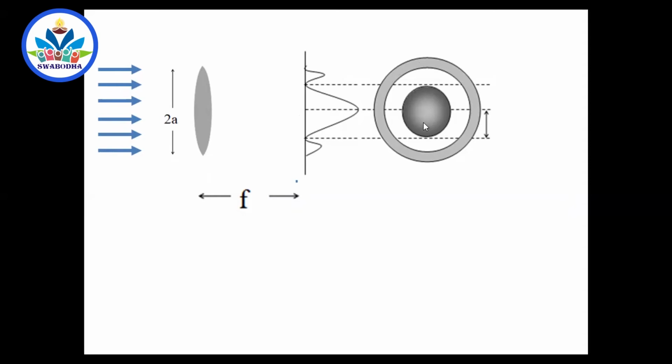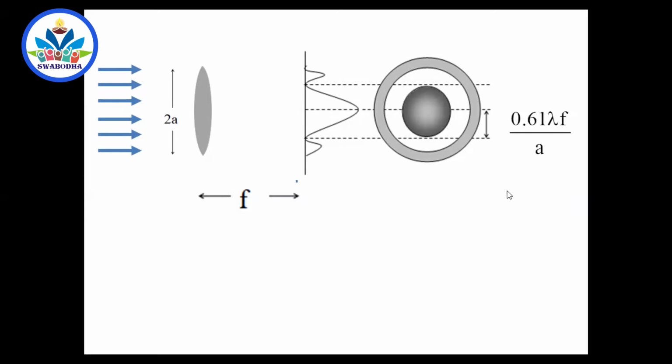Now here there is no derivation. So when a parallel beam of light is passed through a lens of diameter 2a, diameter in the sense not the diameter of curvature but the circular rim diameter 2a, circular pattern fringes are obtained. Among them, this is the central bright fringe. The central bright fringe, its radius is given by this formula. This is what you have to remember.